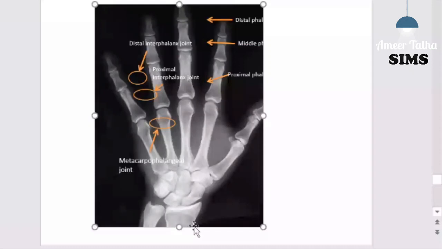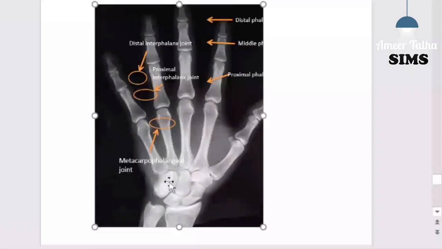Now coming towards the carpal bones: the scaphoid, lunate, triquetrum, and the smaller one, the pisiform, whose shadow is superimposed, about the size of a bean. And in the second row, the trapezium, trapezoid, capitate, and the hamate.